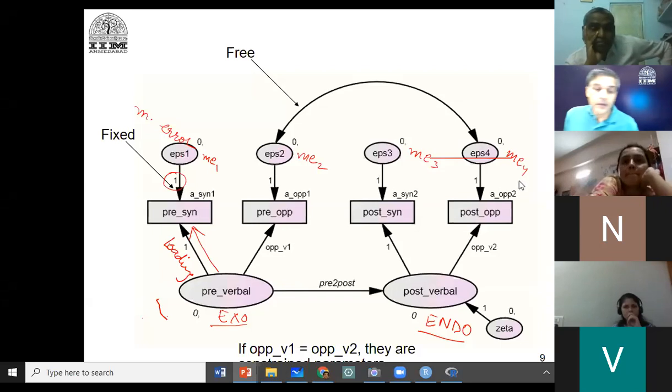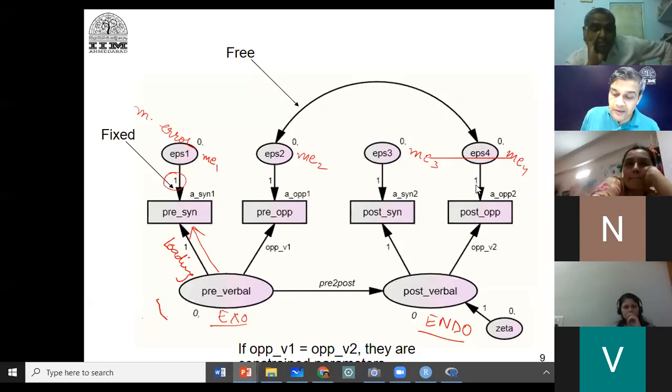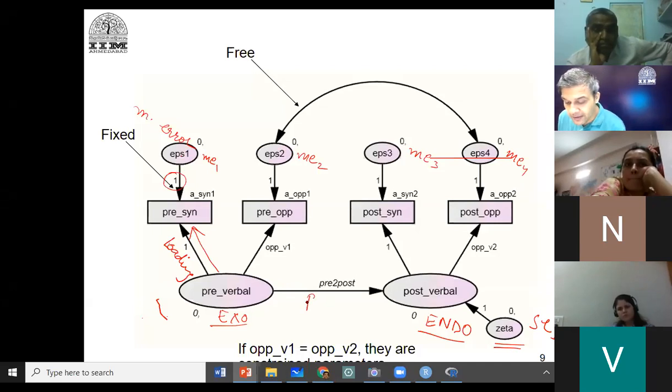Right, and then this zeta here is the example of a structural error, because this is the regression path. Please keep your mics muted, people.